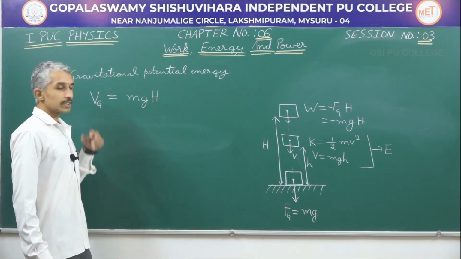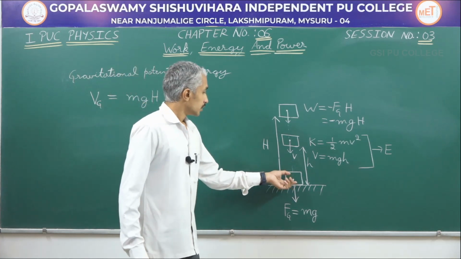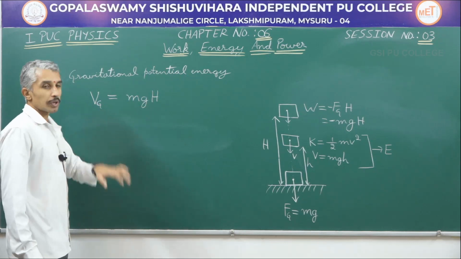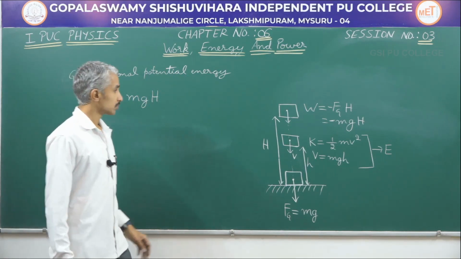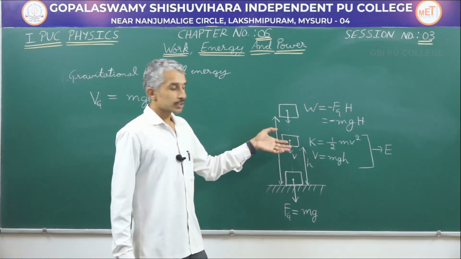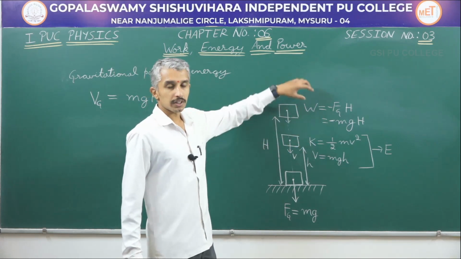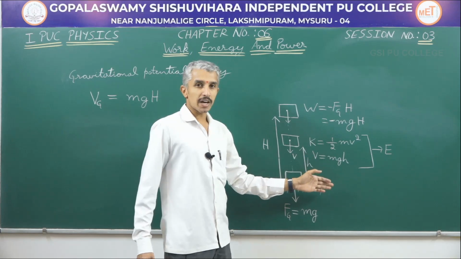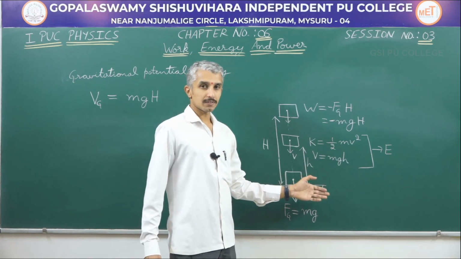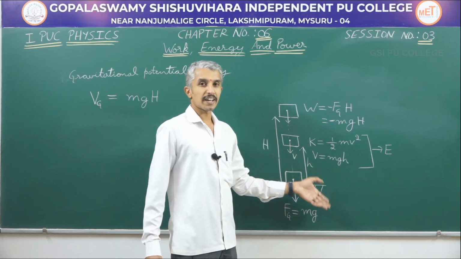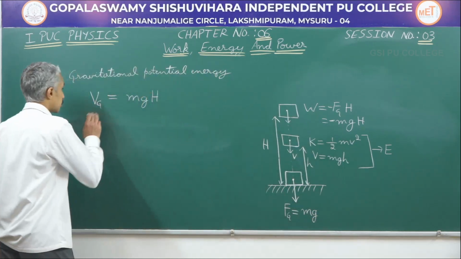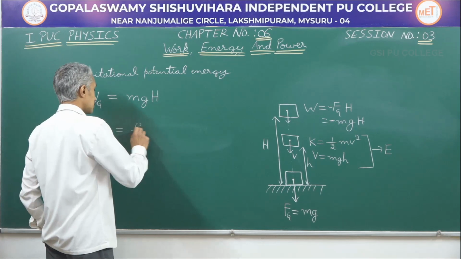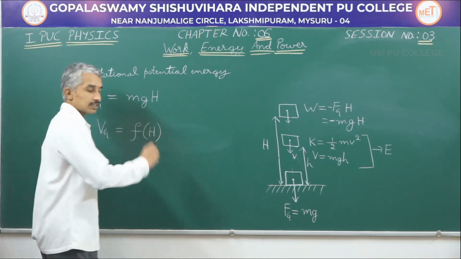Next, from the expression given here, take the object to a greater height, then definitely the potential energy will increase more. As you know from your experience, any object, release it from more and more greater height, when it comes back, it hits back with more and more greater velocity or more and more greater kinetic energy. So the gravitational potential energy here is a function of height h.